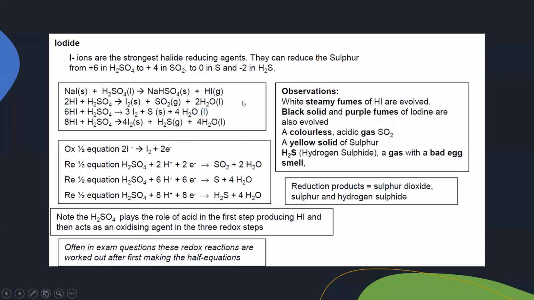If we have iodide, then multiple possibilities are there because iodide is a better reducing agent than any other halide. So we will have multiple products. The first is when sodium iodide reacts with sulfuric acid. This is an acid-base reaction. It produces sodium hydrogen sulfate plus hydrogen iodide. This hydrogen iodide reacts with sulfuric acid. So what are the possibilities? As we know, iodide is a better reducing agent. It might produce an iodine molecule and sulfur dioxide, or an iodine molecule and sulfur, or an iodine molecule and